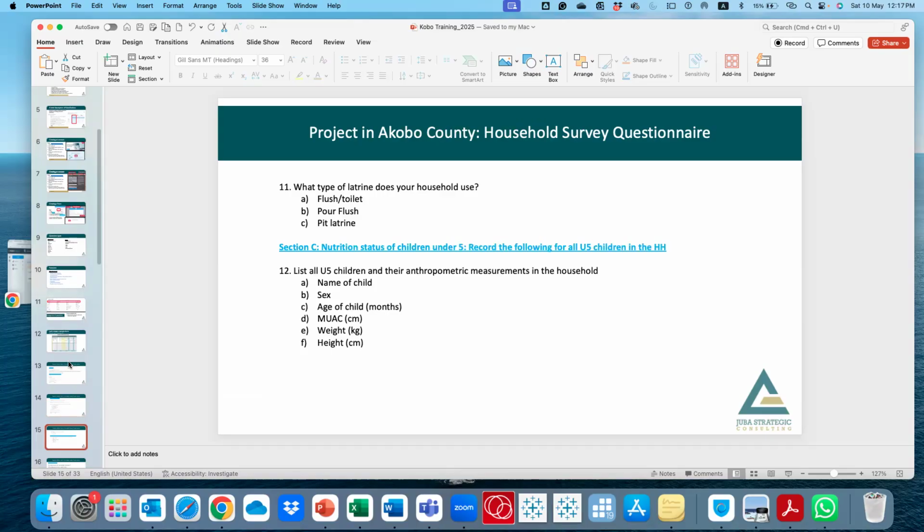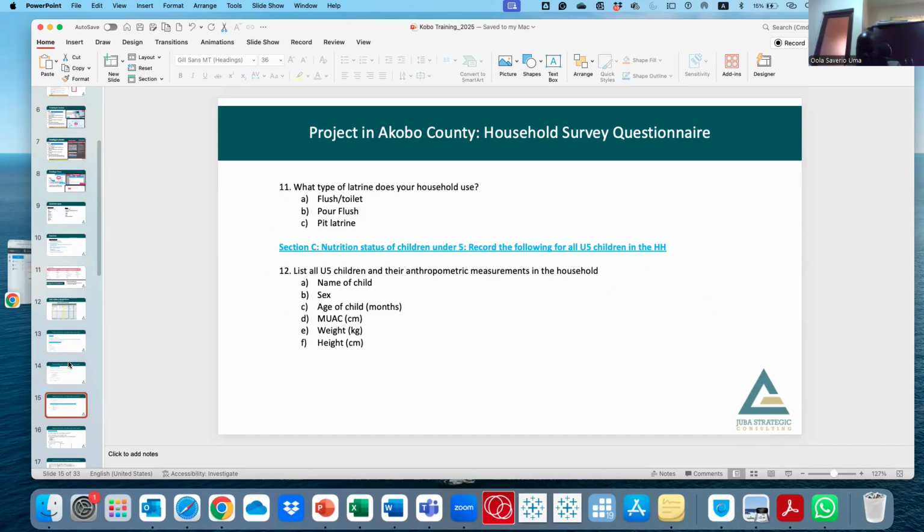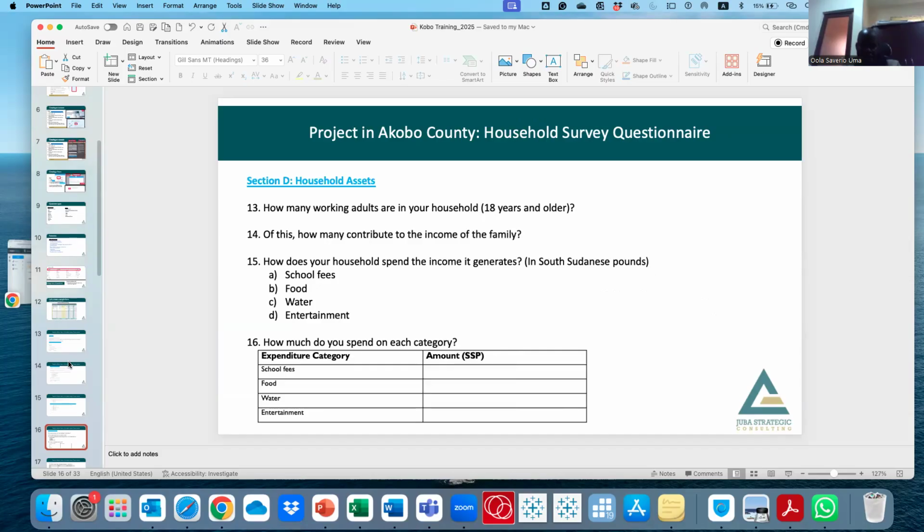Then if you want to get repeated information for, say, household level, like the weight of all the household members or the height of all the household members, or you want to look at under 5 children, that may be many. How do you repeat that same question over and over until you exhaust the number of subjects or participants that you want to collect data on? So that is the roster data, which is repeat. We can use an example of taking MUAC measurements and weight and height, anthropometric measurements of children.